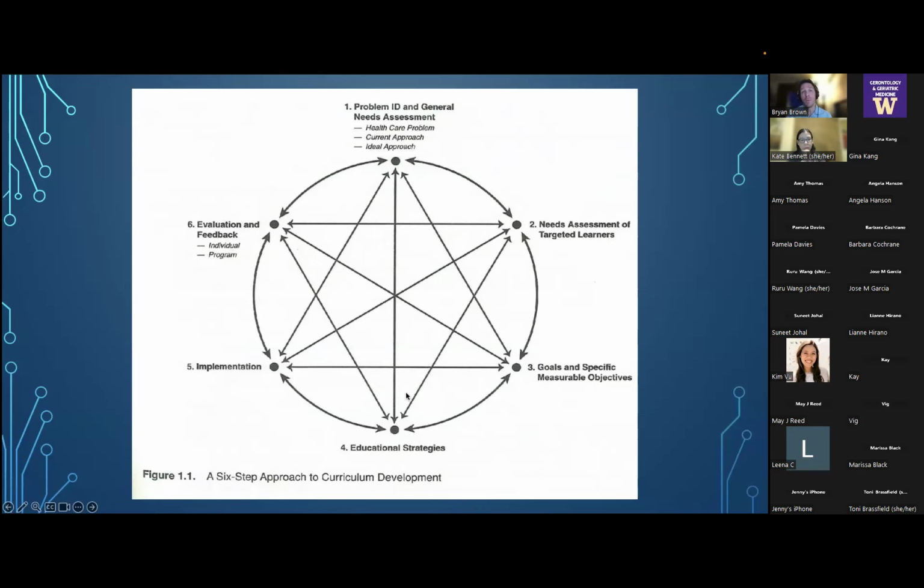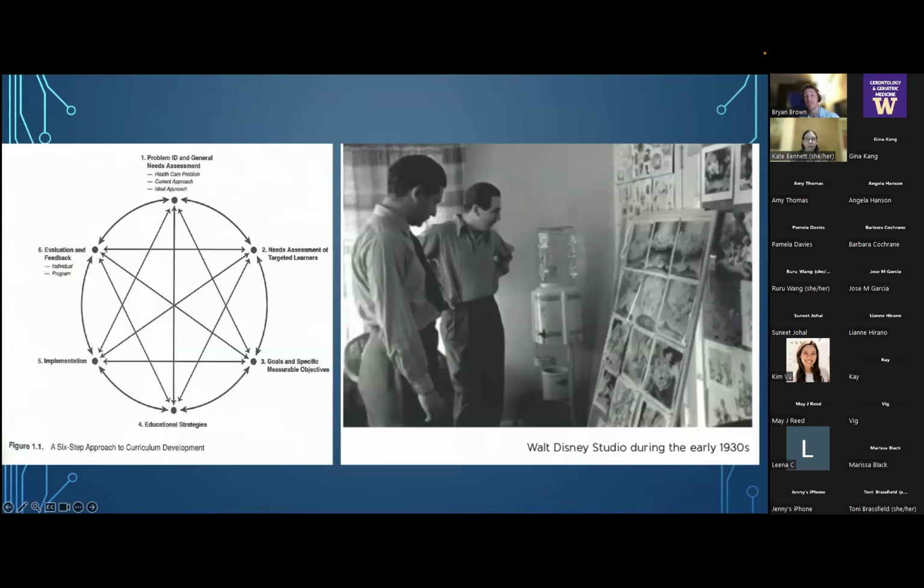And also I will point out now, because this will become relevant later, notice that there are also omnidirectional arrows connecting all the steps. So it's not just about going in order, 1, 2, 3, 4, 5, but actually considering all the steps in parallel. And I like to juxtapose this image next to the picture on the right, which is a picture of